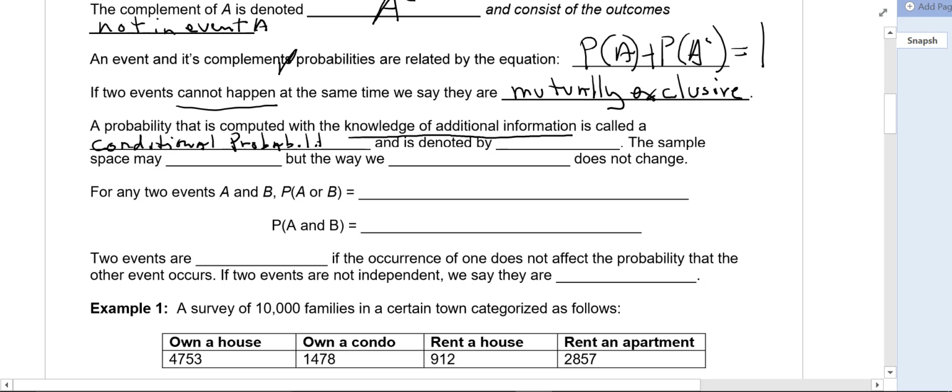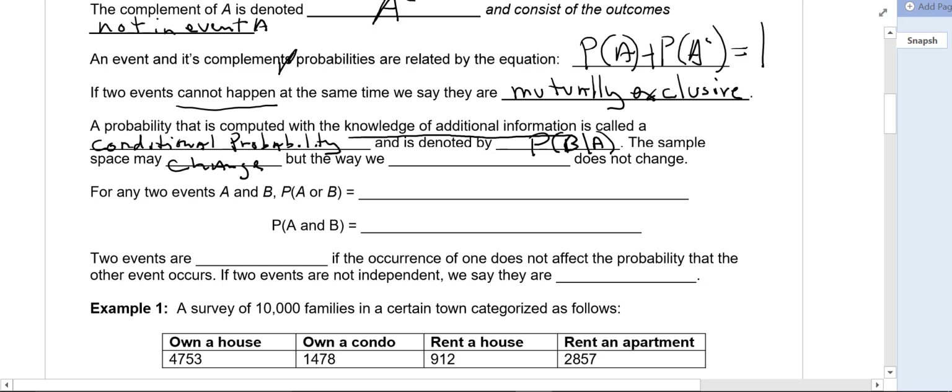It is denoted by the probability of event B given event A has occurred. So this vertical line here indicates the event on the right hand side, or the additional information on the right hand side, has happened. The sample space may change,